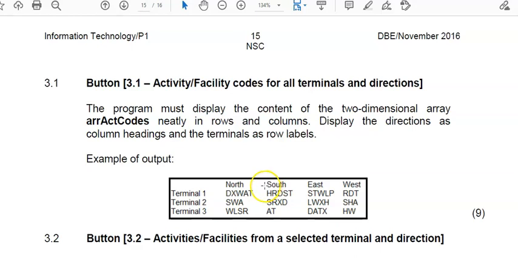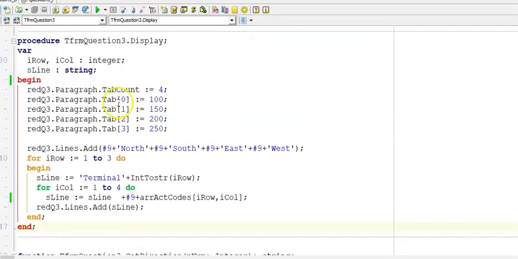These ones are smaller, so tab 0 will stop here. Tab 1 will stop there. So what I'm going to do is I'm going to add 50 to each previous tab to determine where to place the next tab. And here you can see the second tab, tab 1, is 150, so I added 50